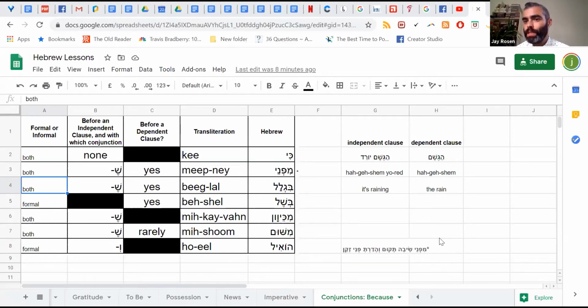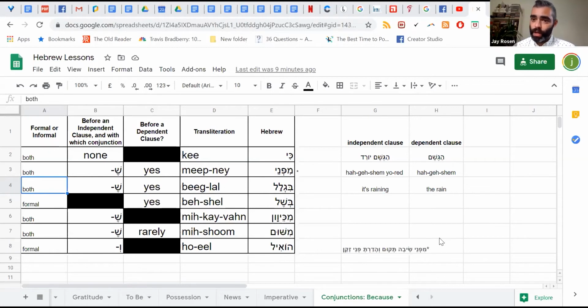Hageshem on its own is a dependent clause. If I wanted to say, I am taking an umbrella with me because of the rain, that is a dependent clause, right? If I just wrote out, I'm taking an umbrella because of the rain, and I were to split that sentence, the rain is not a complete sentence, right? I'm sure you can all agree with me on that, in English as well. Same as in Hebrew, it is not a complete sentence to just say hageshem. Okay, same thing. As opposed to hageshem yoled.